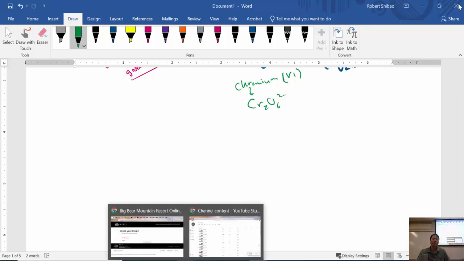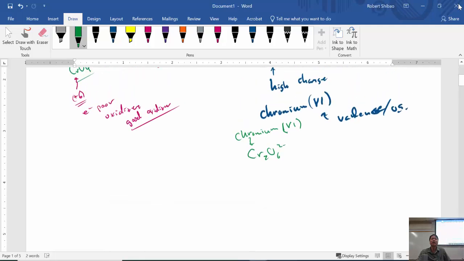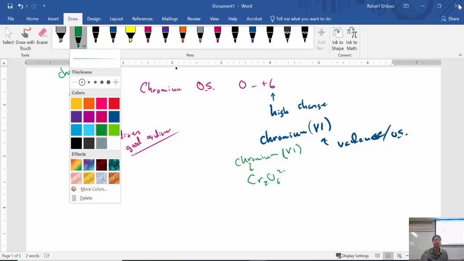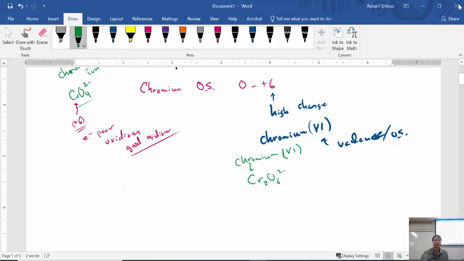either chromate or dichromate. Actually, chromate and dichromate are related to one another. And it depends on the pH which form you get. And so there's an interesting acid-base reaction that interconverts the two. So if we have dichromate,